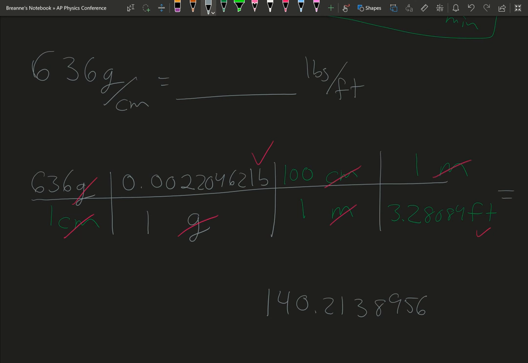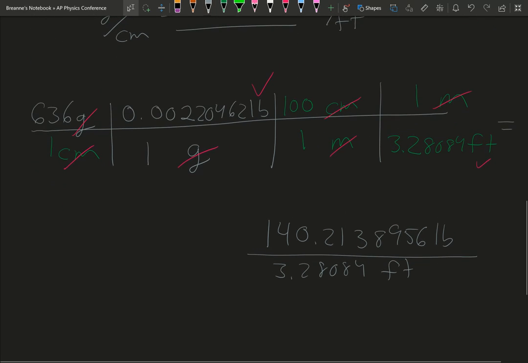140.1238956. And everything's canceled out but the pounds. Divided by 1 times 1 times 1 times 3.28084 gives you that number. Feet, everything's canceled out but the feet. So now you just divide those numbers. 1.2804. And so you get your answer to be